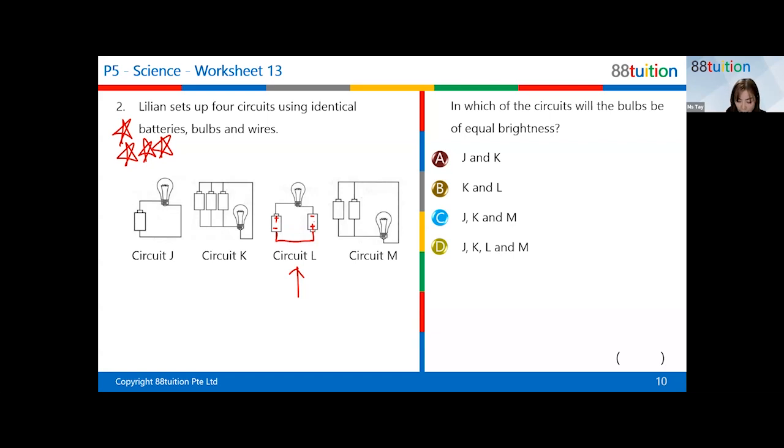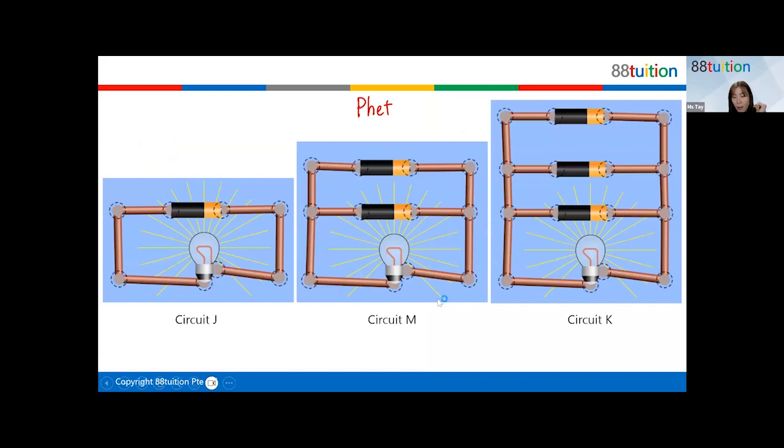Okay, then that will tell me that I have two batteries now giving that kind of electrical energy to the light bulb. So if this is one battery, it lights up with 1 unit. Okay, this is a series circuit. Two batteries is going to light up in this manner. Okay, it's going to be a lot brighter. Is it all right? So the only three circuits with the same brightness will be these three, J, M, and